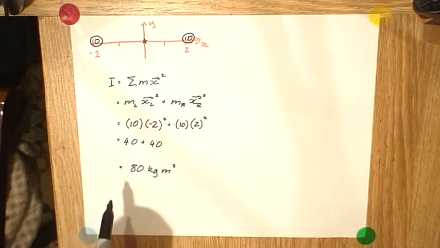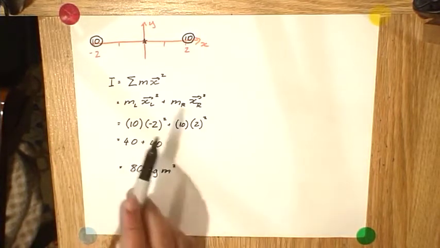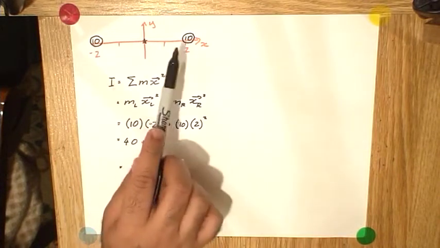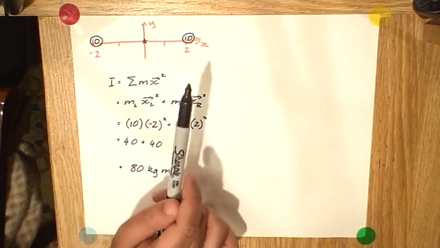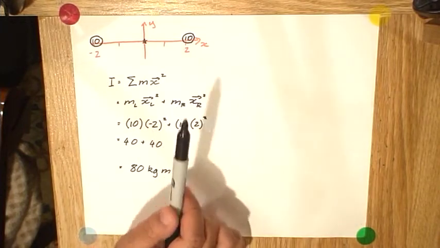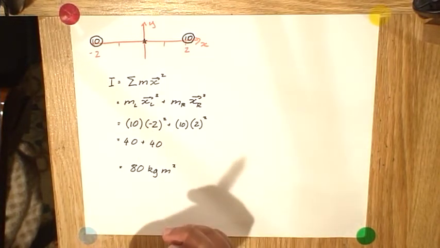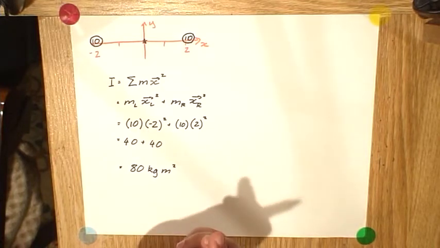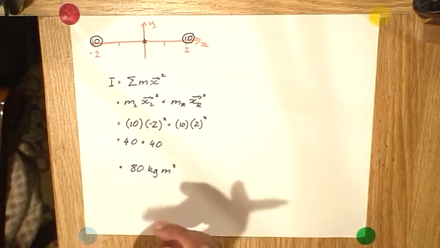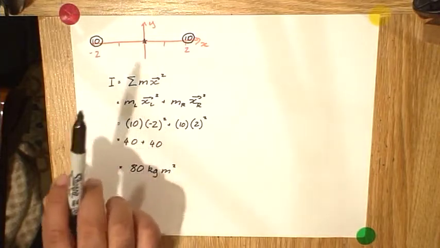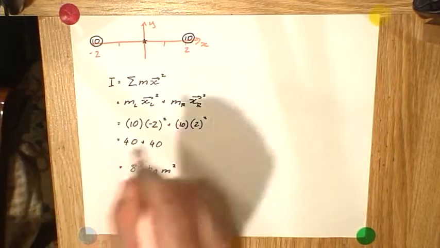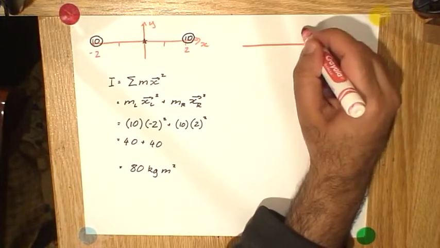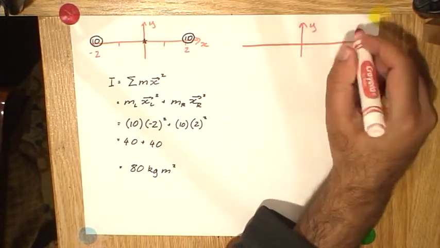So this is a relative measure of how difficult it is to rotate these two bodies, or what resistance they have to changes in rotation. So now that we've done it for when they are at 2 and -2, now let's do the second part of this question, which is what happens if they are located at